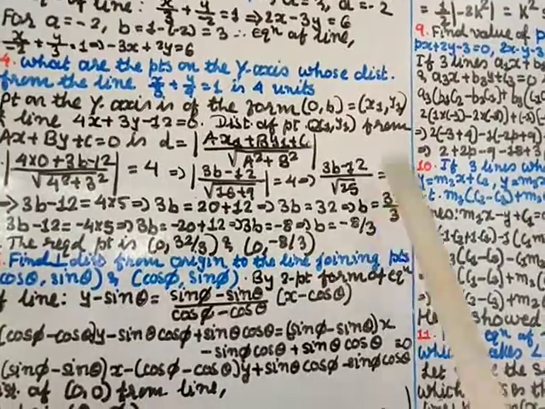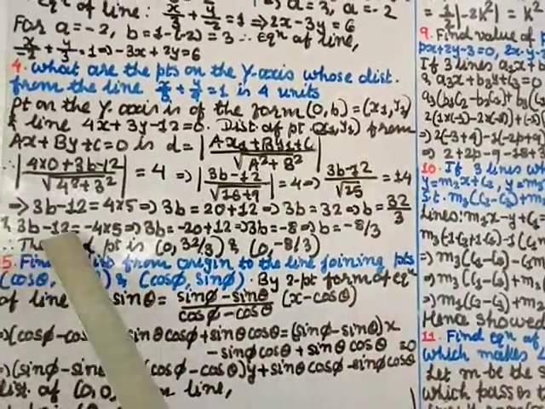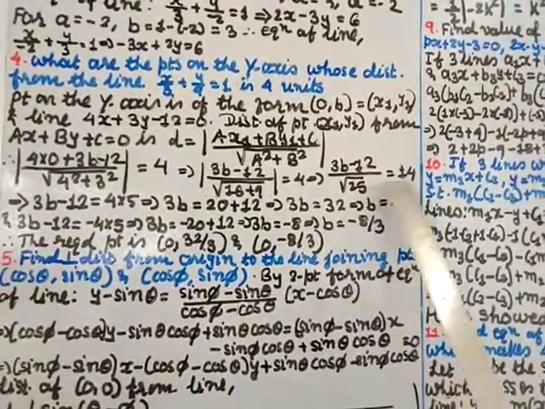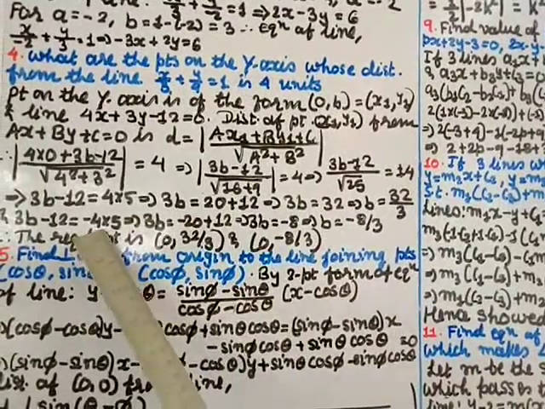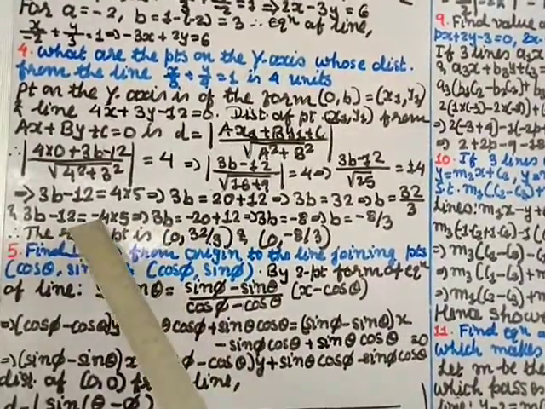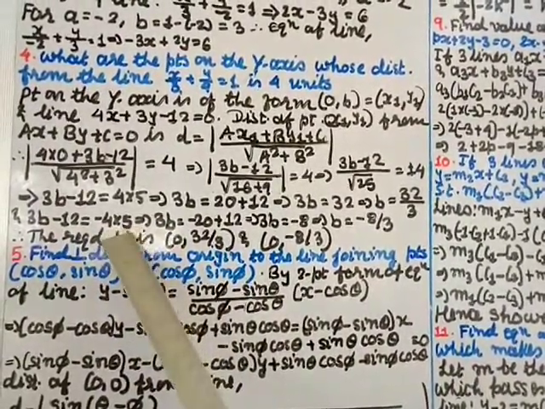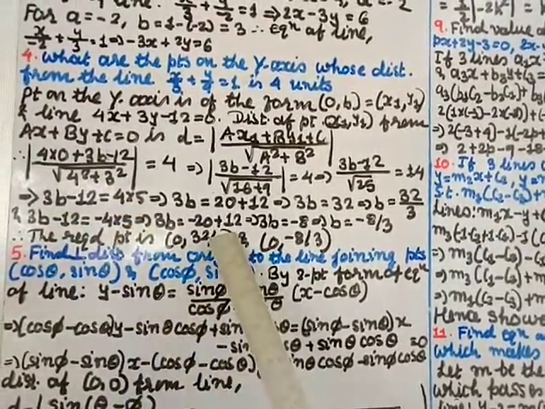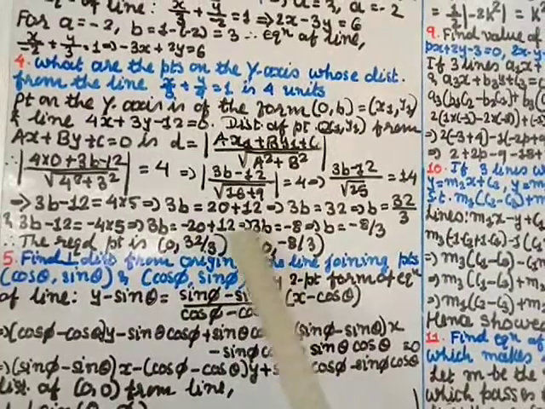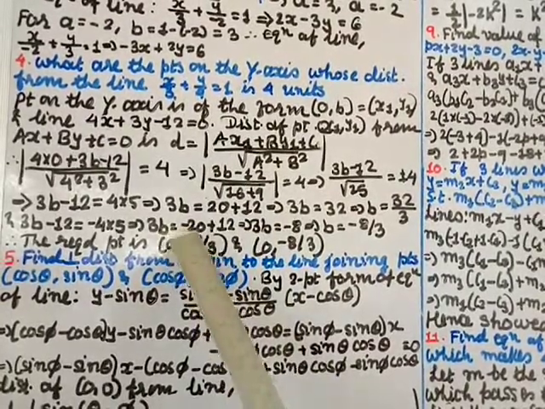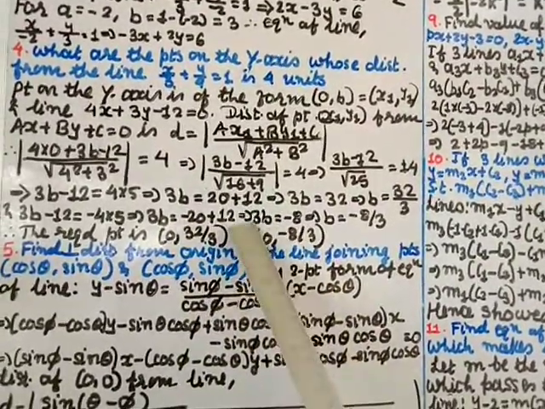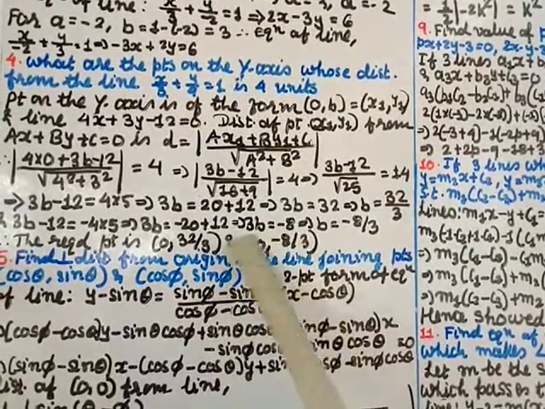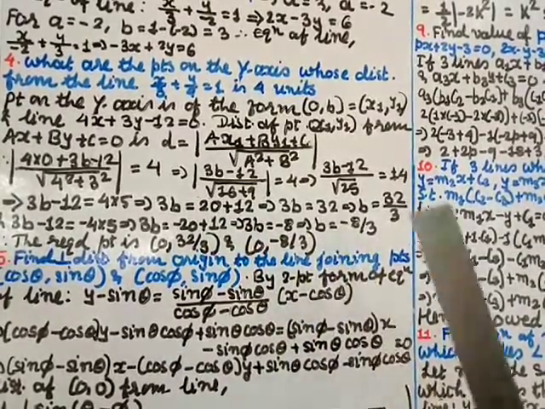Now take minus 4. So here 3b minus 12 equal to minus 4 and this square root of 25, 5, multiply with minus 4. So we get 3b equal to minus 4 into minus 4 into plus 5 is minus 20. Minus 12 transfer here becomes plus 12. So we get 3b equal to minus 20 plus 12 gives you minus 8. Divide these 3 this side or transfer over here, you get b equal to minus 8 by 3.